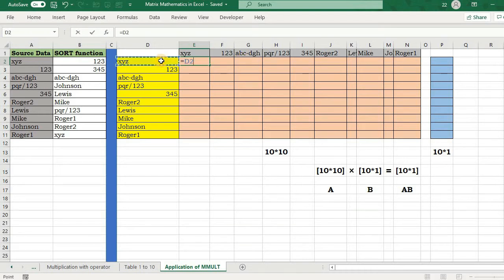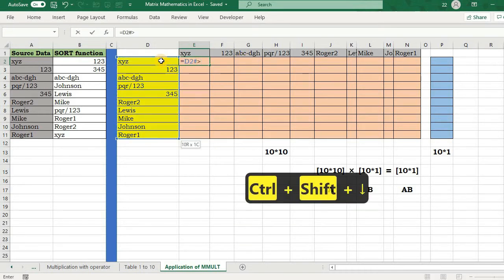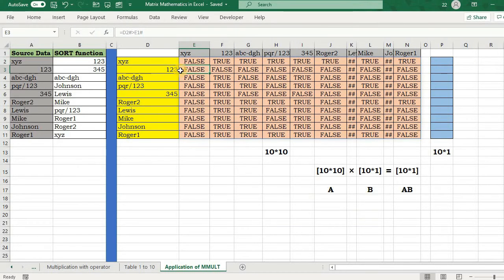I'm comparing this. If it is greater than, and it checks for those values, and it says yes, xyz is not greater than, it's a false, but xyz is greater than 1 2 3. So now I will convert these values into